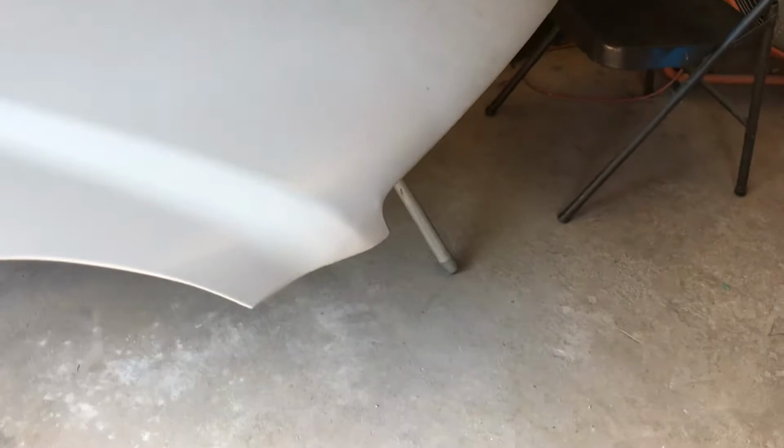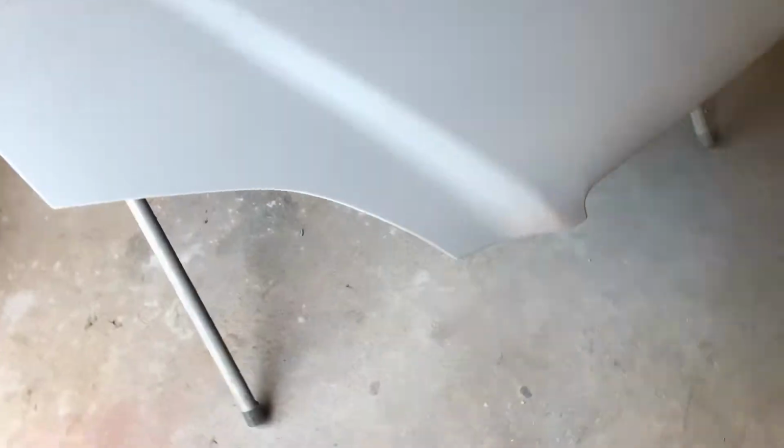Okay guys, there's a little repair area that we did, and like I said, if it's a little low, we'll go ahead and glaze it up, and